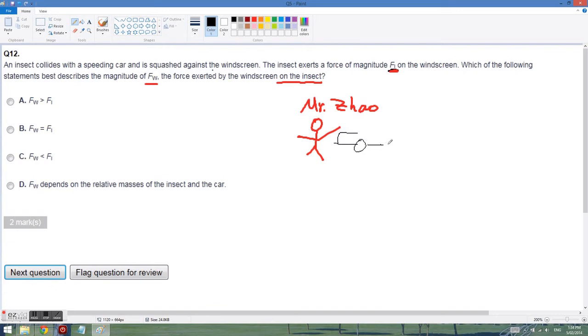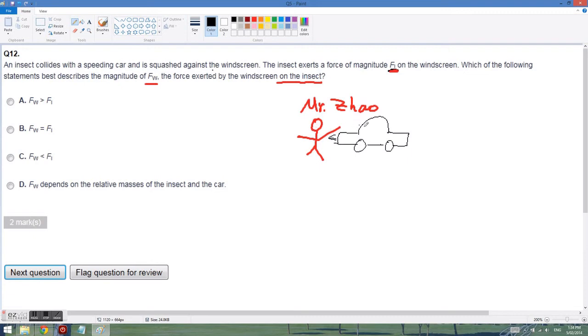A car just crashed into me. For Newton's third law, the force during this collision, the